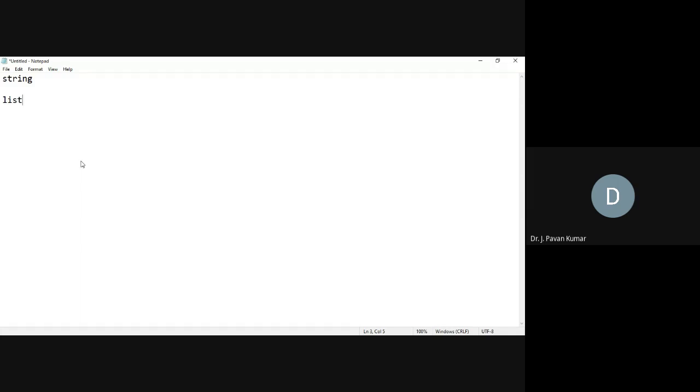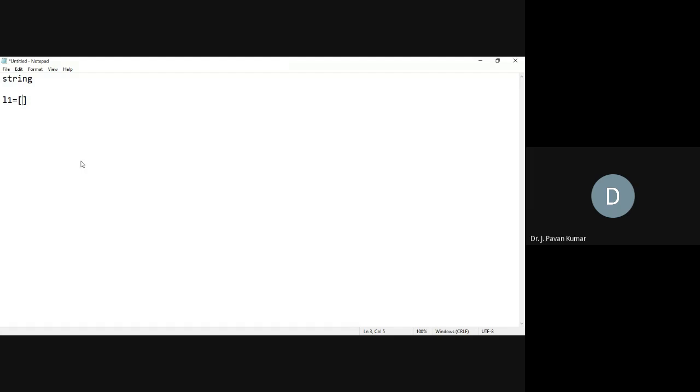In this particular list, suppose we have L1 as the list. In this one, we can have several elements or items, and we will enclose them in square brackets.